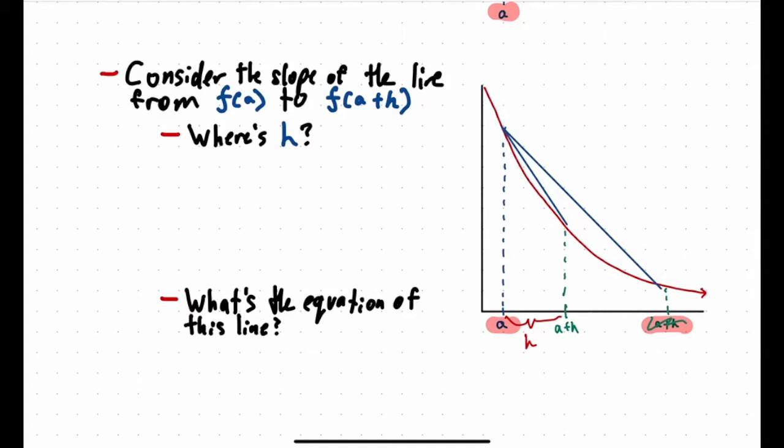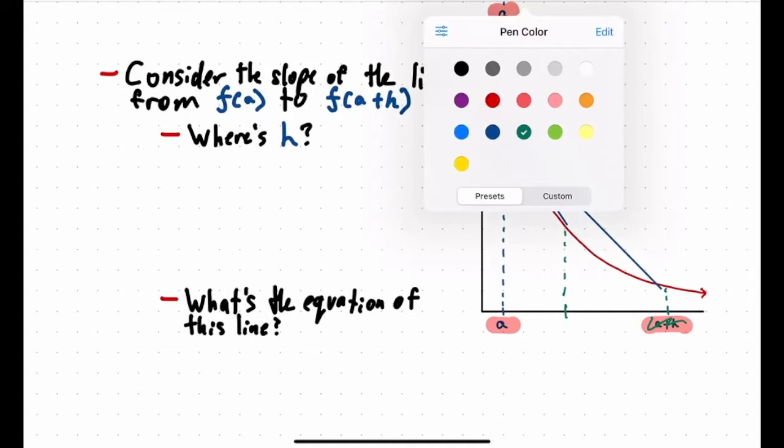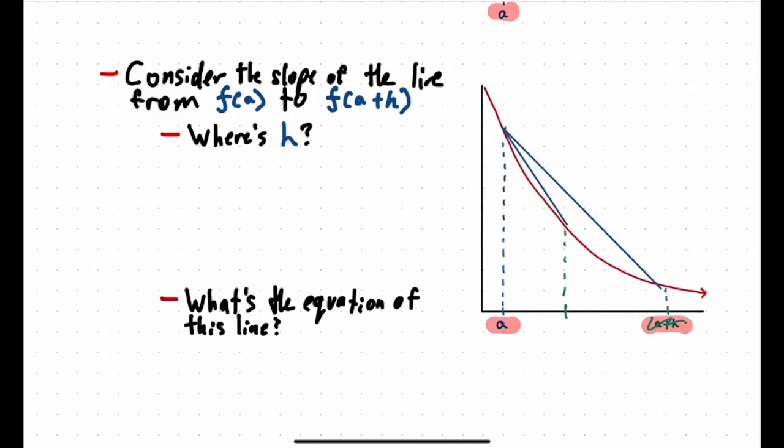And again, we could make this h even closer. Let's choose a new color. Let's make it, I don't know, purple. So call this h here. And then when we draw this line, this looks even closer to a tangent line. So as that h gets smaller and smaller and smaller, it starts to look more and more like the actual tangent line of just this one point right here, which again, we still don't know how to find the equation